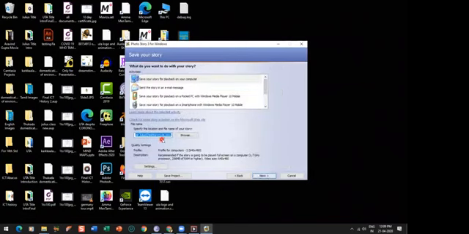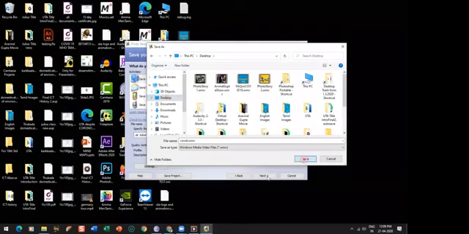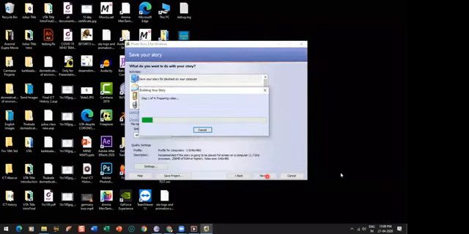Finally, it is asking where you want to save this. If I press browse, I can save into my desired drive or place. So I am selecting this desktop, and I am just going to save this. And finally next. As I said, it will take some time, though since the photos are only few, it will take another 10 to 15 seconds to complete this execution process.